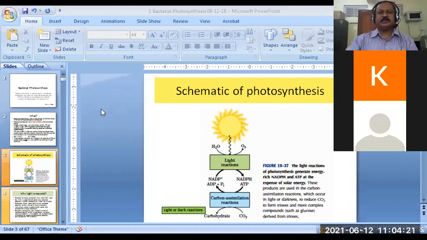Okay, so in yesterday's lecture, we have seen the very basic introduction to what photosynthesis is. And then I told you that we are going to study photosynthesis in bacteria, and for that, we need some comparison with the plant photosynthesis process. So we are going to compare plant and microbial photosynthesis. One important thing is that although there may be a lot of differences in the components involved in the photosynthetic system, the basic mechanism of photosynthesis remains the same. Similar concepts are involved with a few differences, of course.